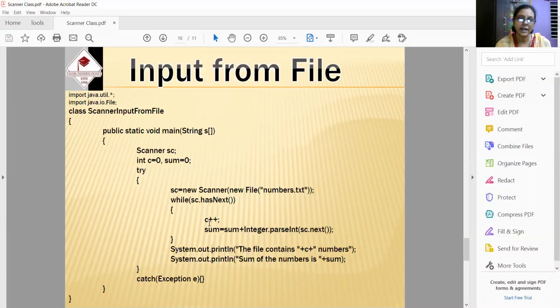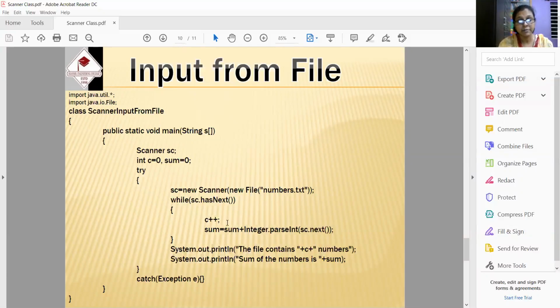So when it is true, it enters. One by one the values have been checked. Yes, it is a token. The counter is incremented by 1. That means the first token, the first value.